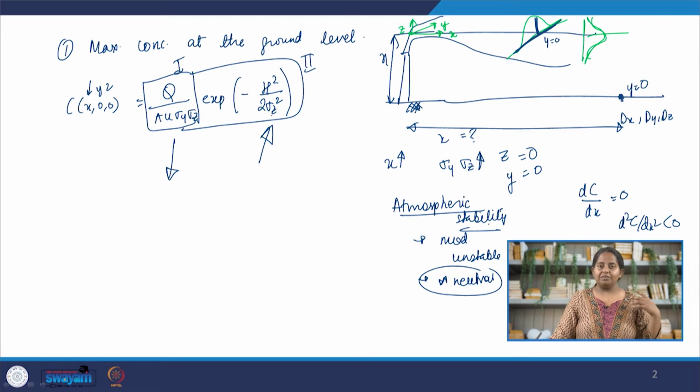But if we have a very unstable environment, not only does the diffusion become complicated in the z direction, but due to the momentum of the smoke itself, which it gains as it rises up, we might have some bulk action also happening. So what we are going to do now is find dC by dx, and